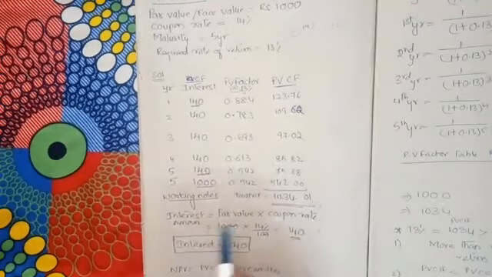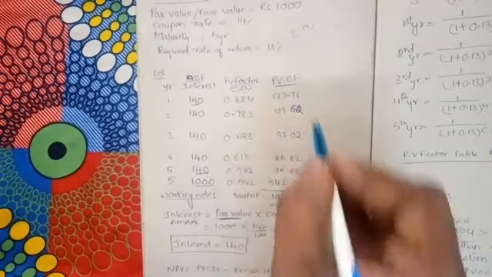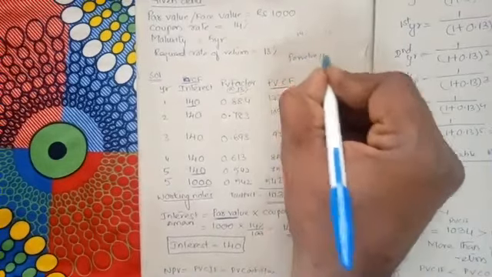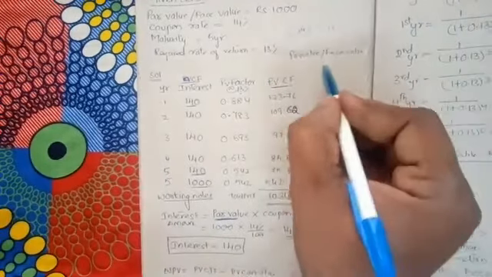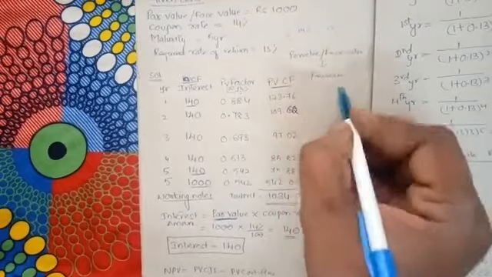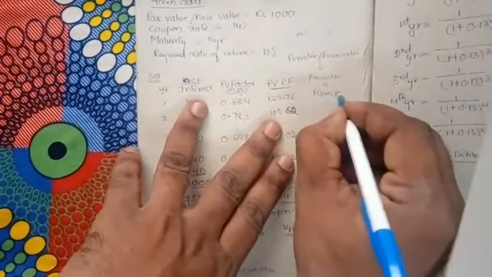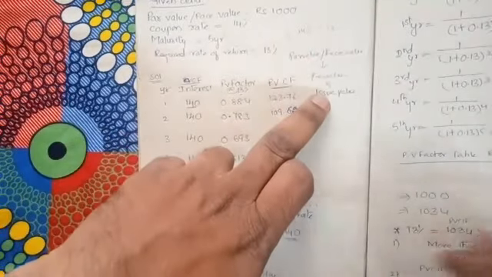Interest amount will be calculated on the par value. You remember that, okay? See, par value can also be called face value. There might be a difference between par value and issue value. Par value might be different and issue value might be different.